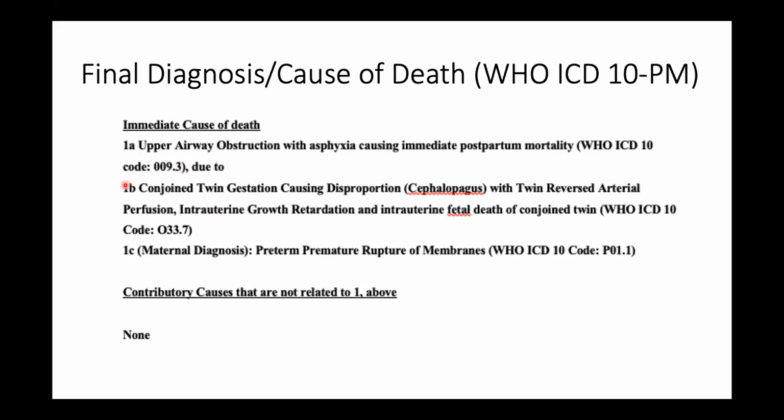And here, the causal pathway, we can see that there is a cephalopagus attached to the palate with evidence of twin reversed arterial perfusion, intrauterine growth retardation, and fetal death. And of course, there is always a maternal diagnosis that we must always link to that cause of death. And if you do not identify this causal pathway, then we are unable to contextualize this death in the